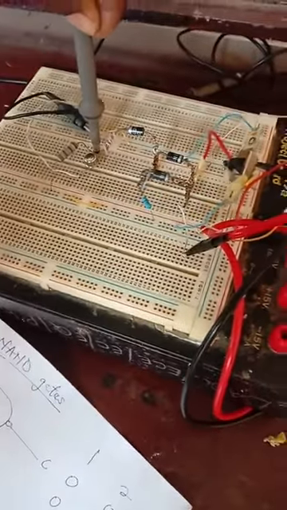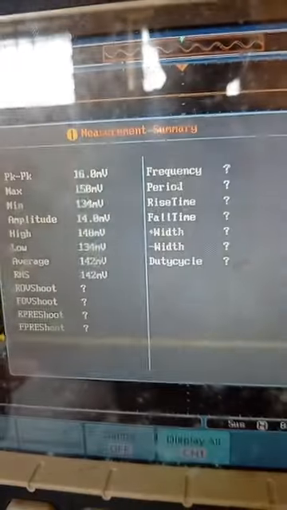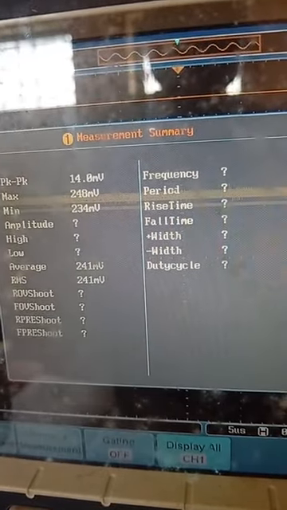Let's reset our oscilloscope. Let's auto reset. Let's reset it back and see. Okay, let's see the value now. So what do we have now? We have